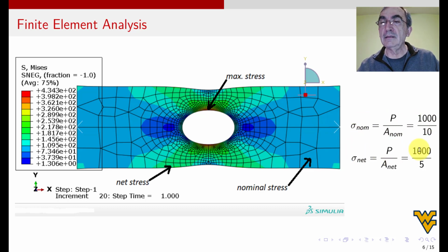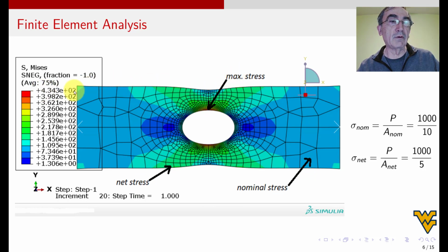So let's see the net. Oh, the net is the load divided by the net area. The net area is 5, so that will be 200. So the net will be in this region. Okay, let's see this green. Yes, the green goes from 181 to 217, and mechanics of materials says 200. So I get the net stress, I get the nominal stress, the deformation looks right, then I trust this stress